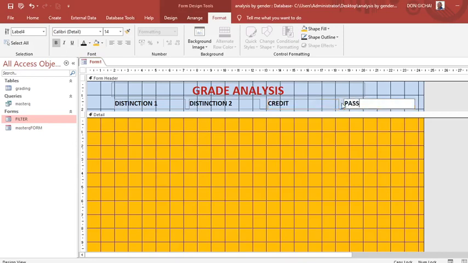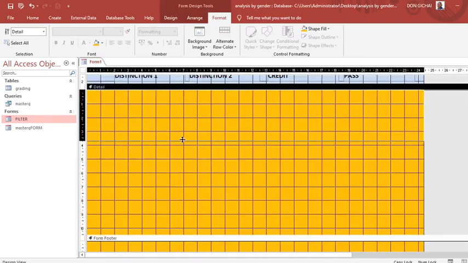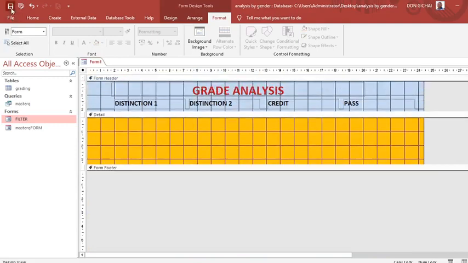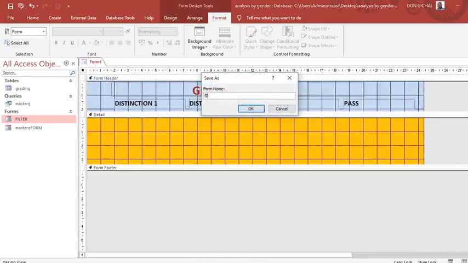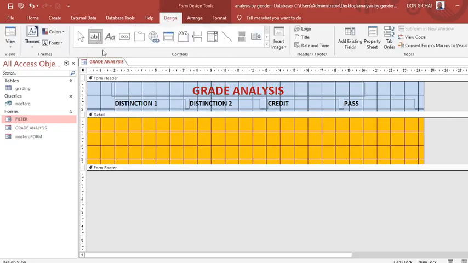Therefore we need to have our analysis here showing this way. Therefore, after doing this, you can just save this one as grade analysis, and therefore after having the grade analysis, that way we just go to design, then take the text box, draw the text box there, remove the label for the text box, then just go to this point, we type